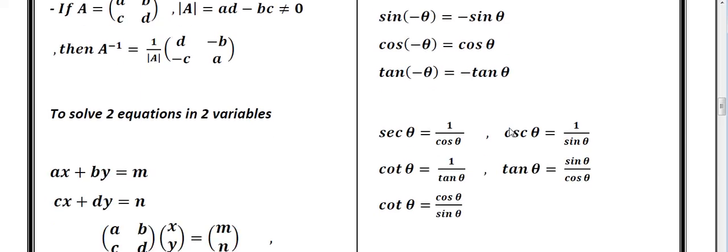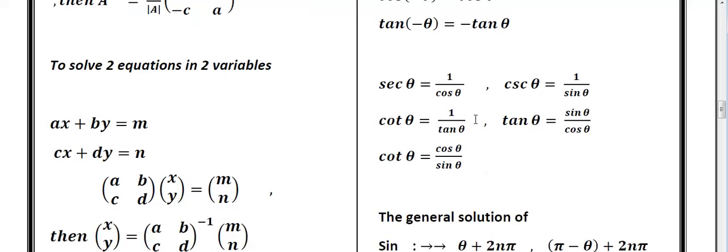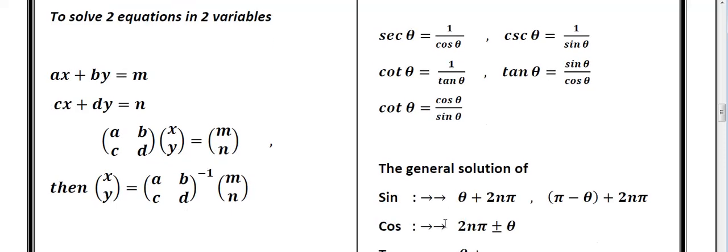And you must know sec theta equals 1 over cosine theta, cosec theta equals 1 over sine theta, cotan theta equals 1 over tan theta, tan theta equals sine theta over cosine theta, cotan theta equals cosine theta over sine theta, and the general solution